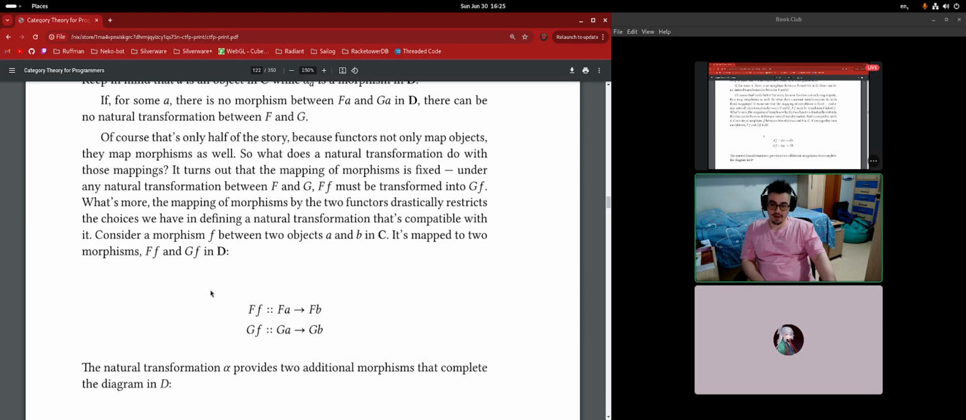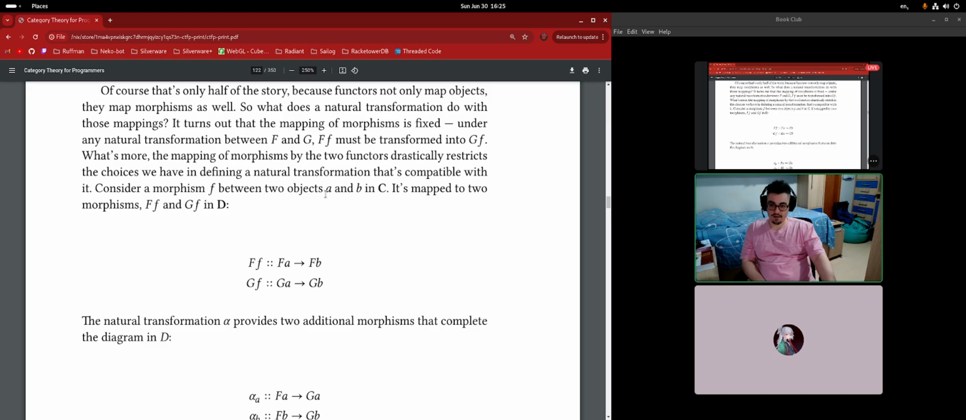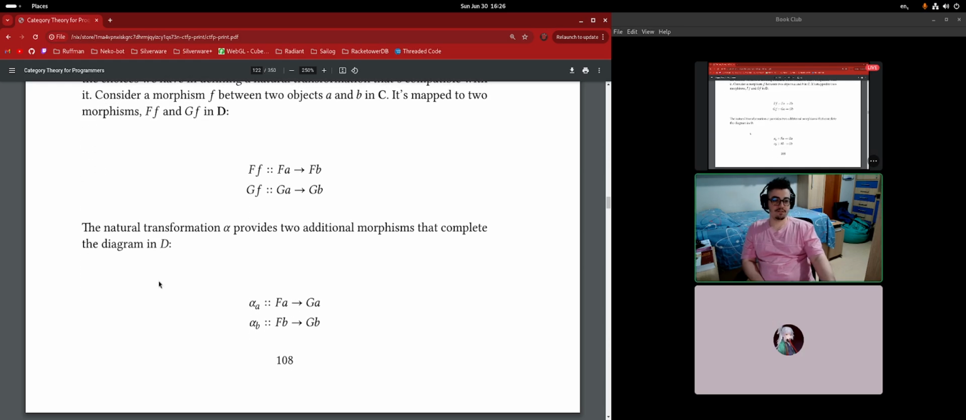Consider a morphism f from A to B in C. It's mapped to two morphisms. So this is basically doing the lift process. If you have a function f that goes from A to B, if you do F of f, you're going to have this, and if you do G of f, you're going to have this. We have seen this before. So the natural transformation provides two additional morphisms that complete the diagram that you're gonna see down here,